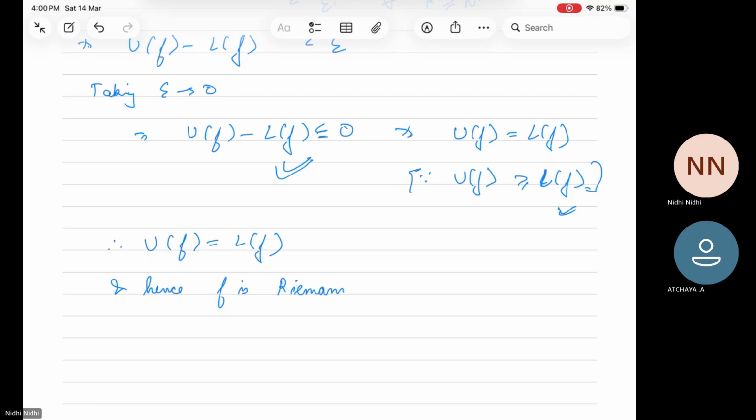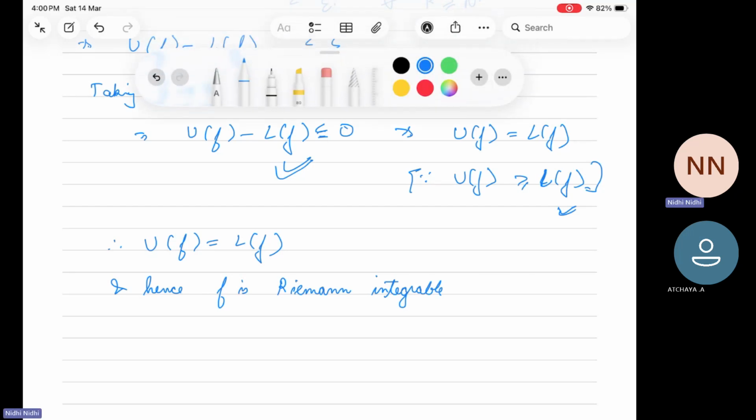F is Riemann integrable, and the given statement is